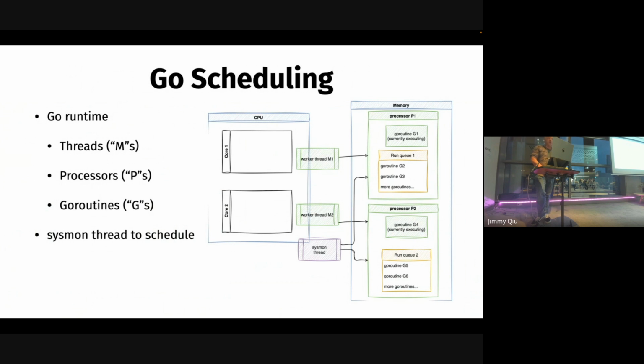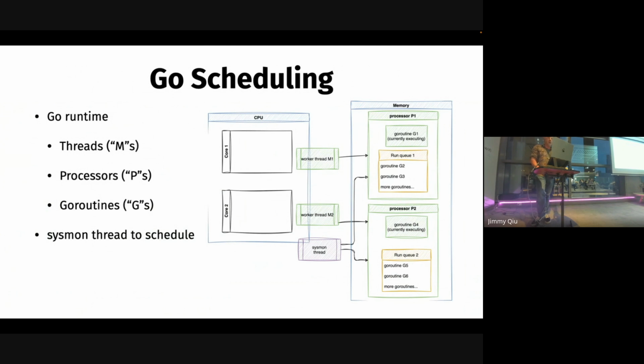And then it'll have a goroutine that's currently running. It'll run for a bit, and then it'll have a run queue of other work to do. It also starts another thread, so it's not strictly one-to-one, like you'd have more threads in any operating system, because you'll have other processes running in the background. But in terms of what's actually running, it's mostly one-to-one, but there'll be the sysmon thread that does some background work as well.